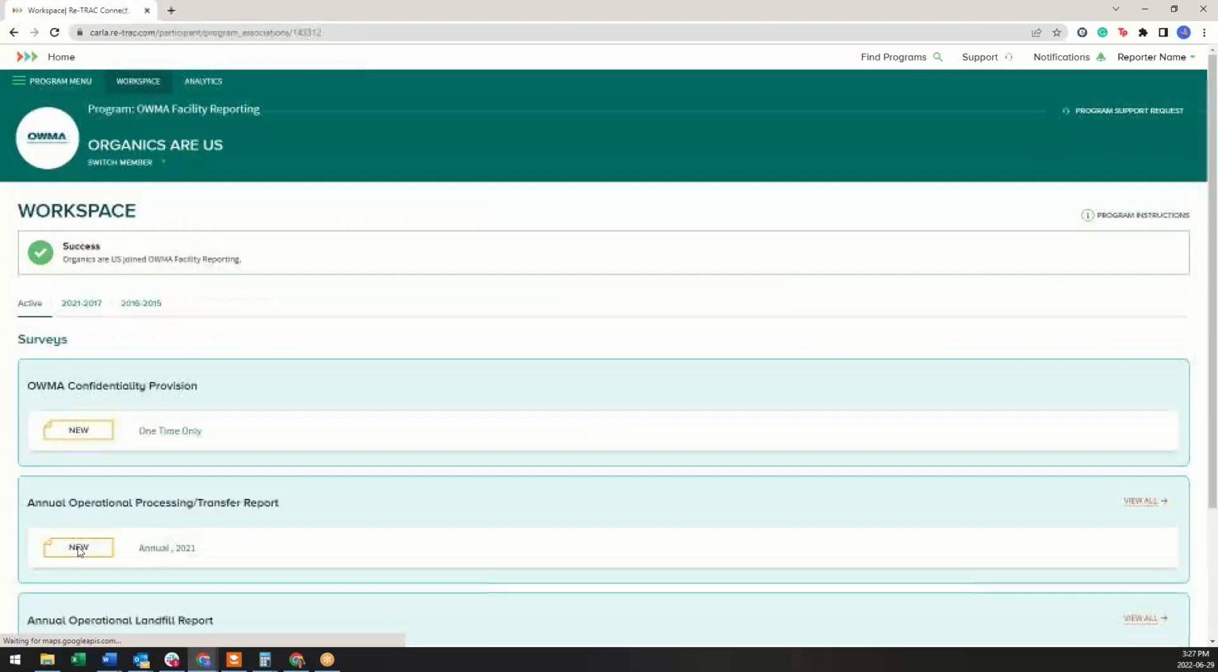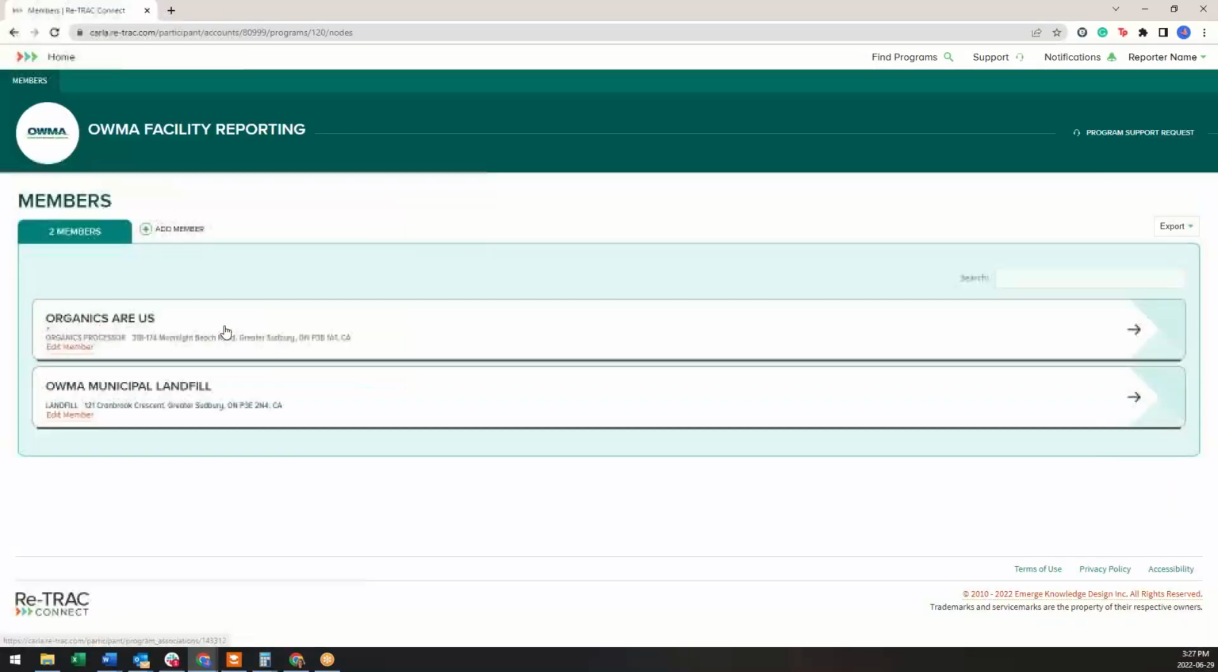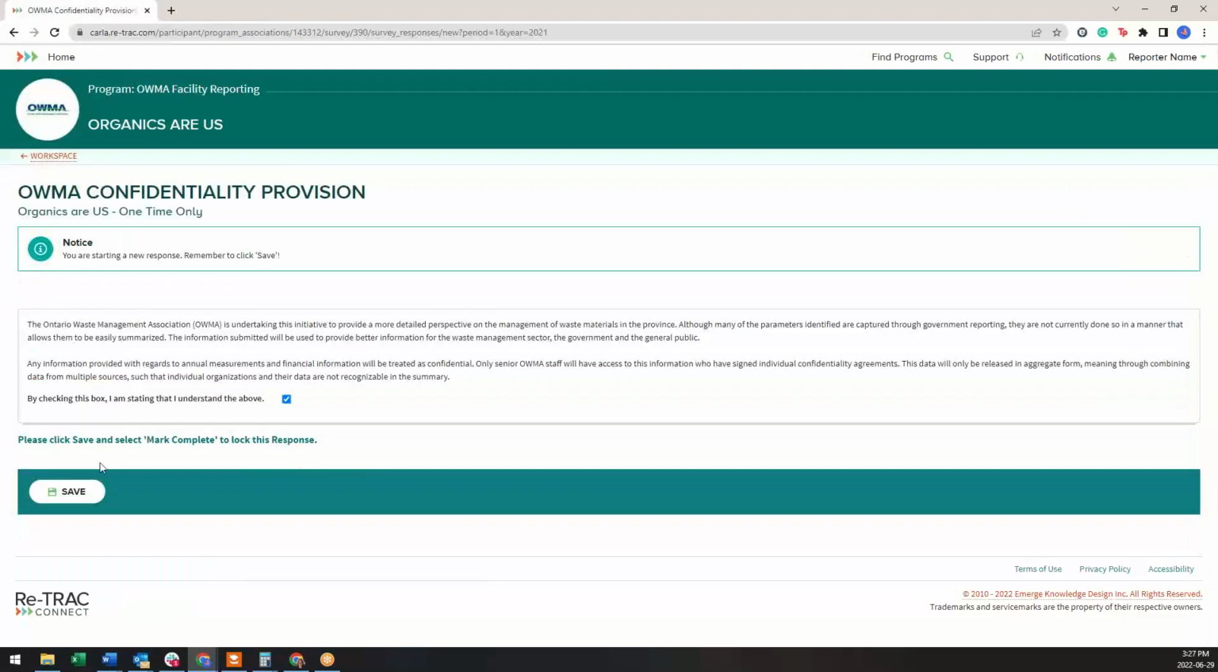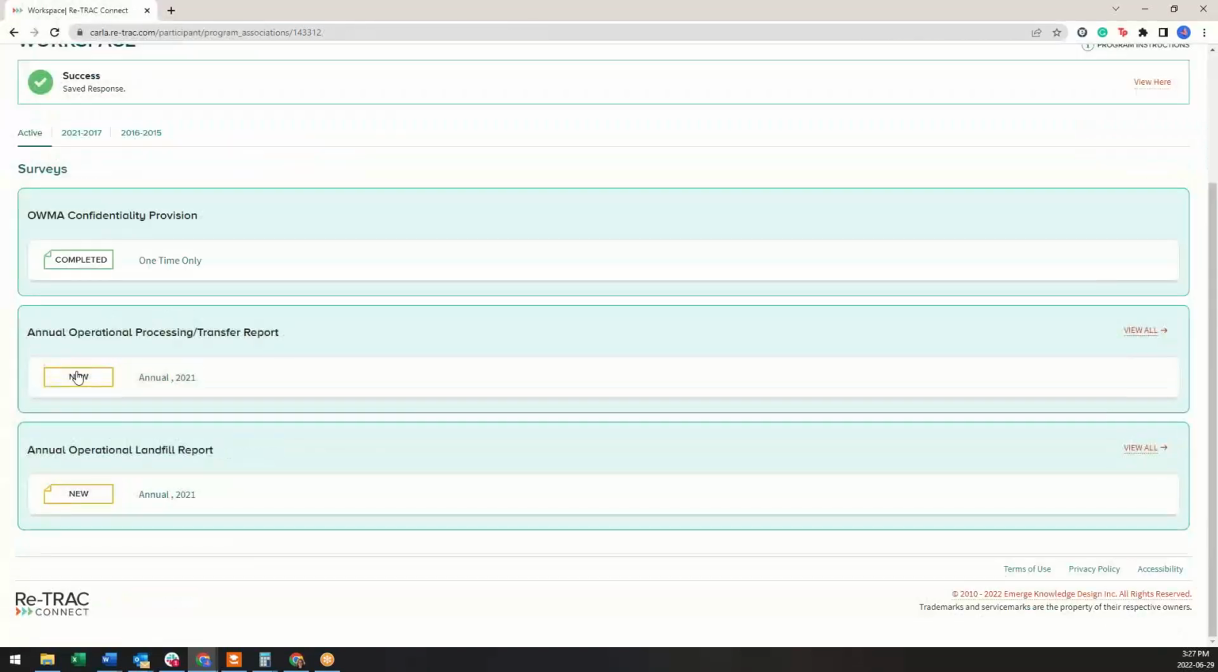And then click join. So now when I go back to the home page and I go back to OWMA, now you're going to see the organics facility that I just entered, as well as the landfill. And they're two different addresses. One's an organics processor and one's a landfill. So in this case, if I'm going to go in here, then I would do the confidentiality provision. So I could mark that off and click save, mark that complete. And then I would go to enter the organics